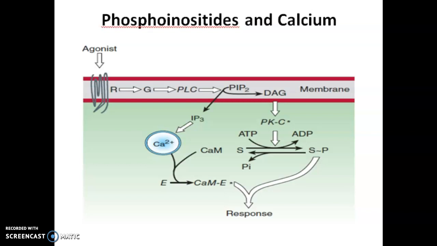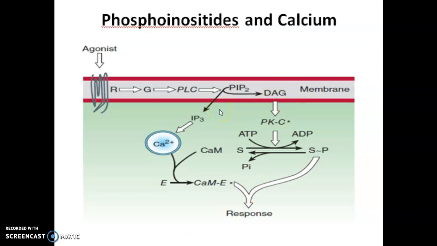In all cases, the crucial step is stimulation of the membrane enzyme phospholipase C, which splits a minor phospholipid component of the plasma membrane, phosphatidylinositol 4,5-bisphosphate (PIP2), into two second messengers, diacylglycerol and IP3,